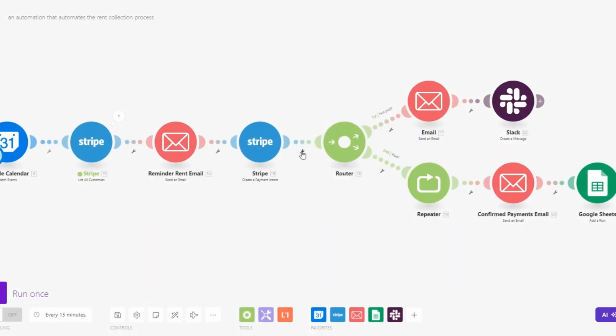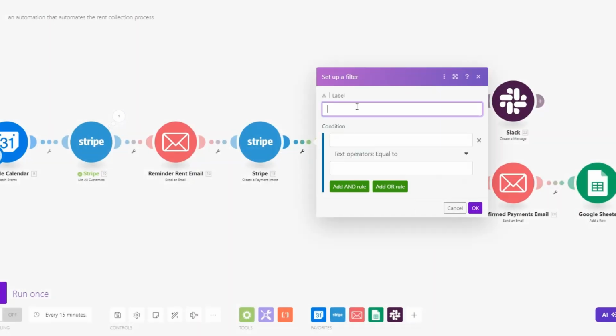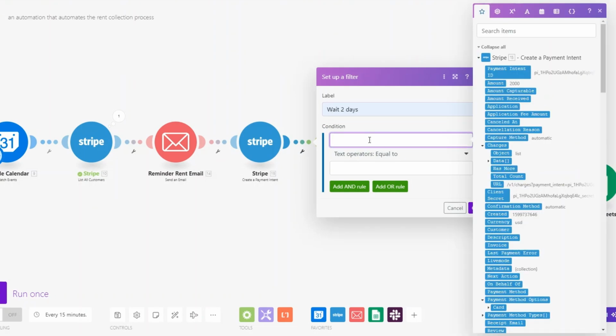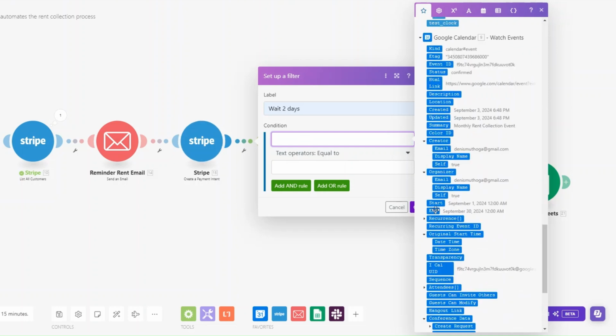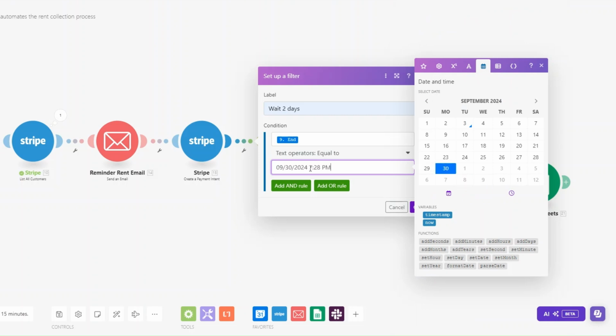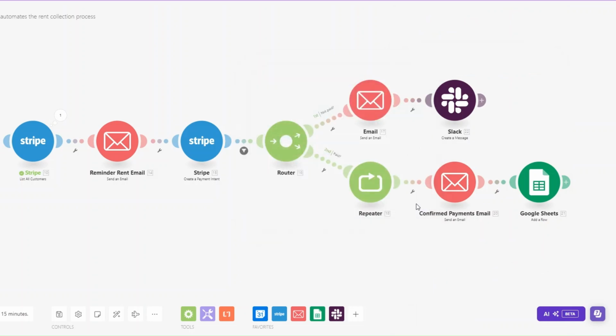The only thing that is left is setting up a filter to ensure that these emails go out at the right time. So here we're going to set up a filter and label it as wait 2 days. Here we can say the end date equals September the 30th. So this will be our end date, and click on OK. If we are at the end of the month, it's going to send an email to those who haven't paid and another confirmation email to those who